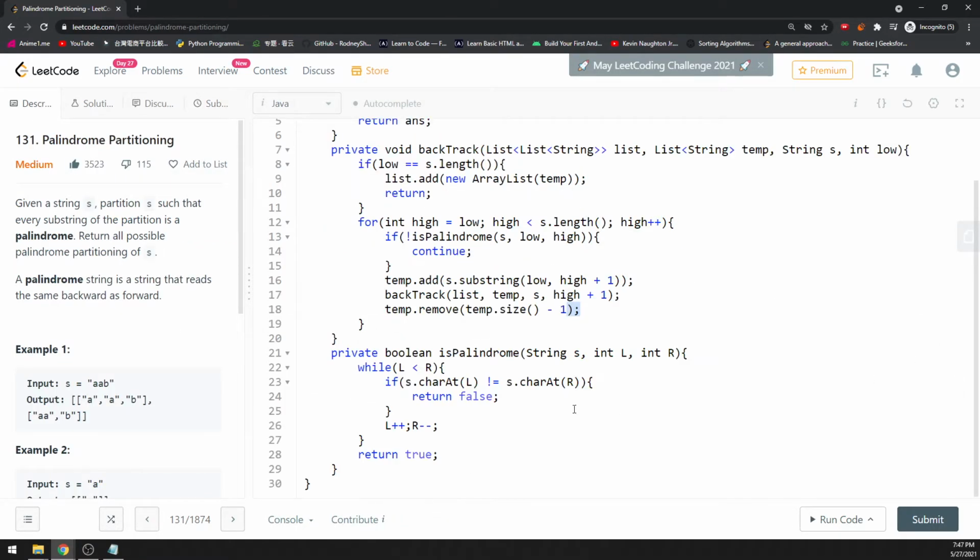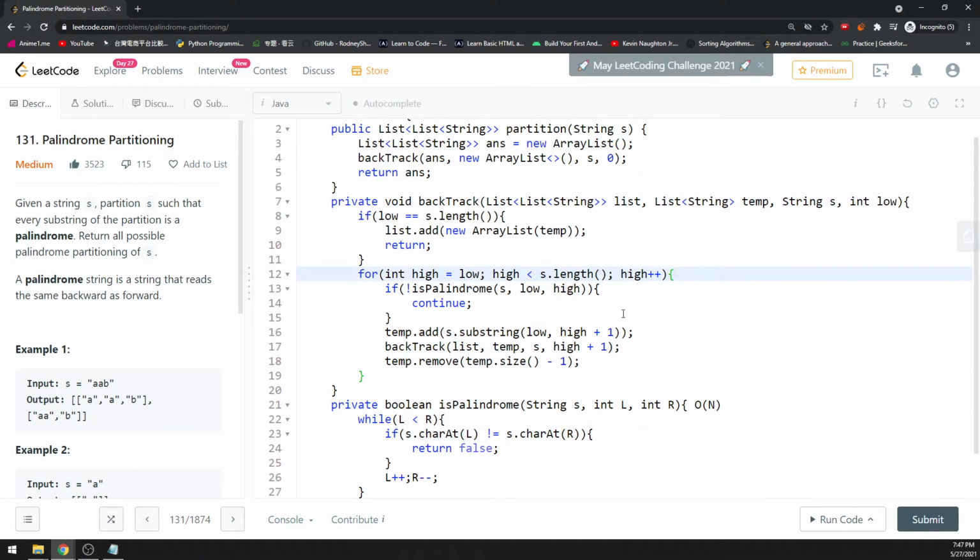Alright, cool. Let's talk about time and space for this case. This looks hard, but let's narrow it down. So for the palindrome, while left is less than right, you check every single character. Now for this one, there's a case. You either partition or don't partition, right? So you have two options. When you have two options and you have to keep track of recursion based on your string, which is O of n, then for this case you have O of 2 to the n, right? Now 2 to the n for this for loop, but in this for loop you have O of n, right? So at the end you have O of n times 2 to the n